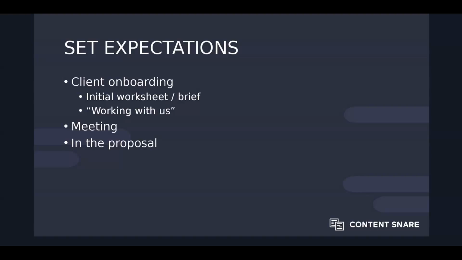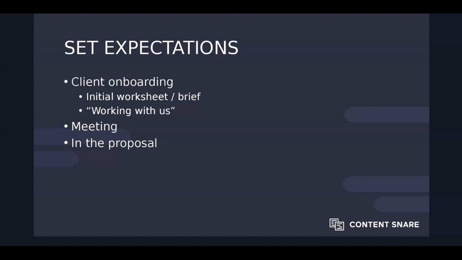thinking about content. And I know some people have a working with us page. Some people call it an intro packet. I believe that Aaron Flynn coined that term. Yeah, so the intro packet where she sends them some information about their process, right? So some people might just have this is our process page, and in there you make it really obvious that you need the content before design or before development, whatever your process looks like. So next we go into the meeting. So if you have an initial meeting with the client, it's a good time to mention it. You can cover the same kind of questions and gauge whether they were open to potentially you guys handling the content and upselling them. If you have a partnership with a content writer, that was a potential upsell for that